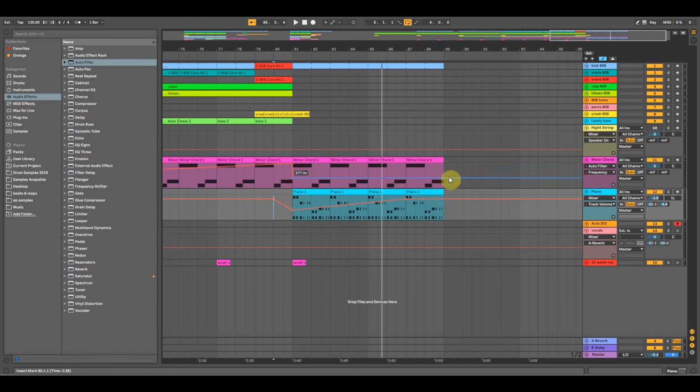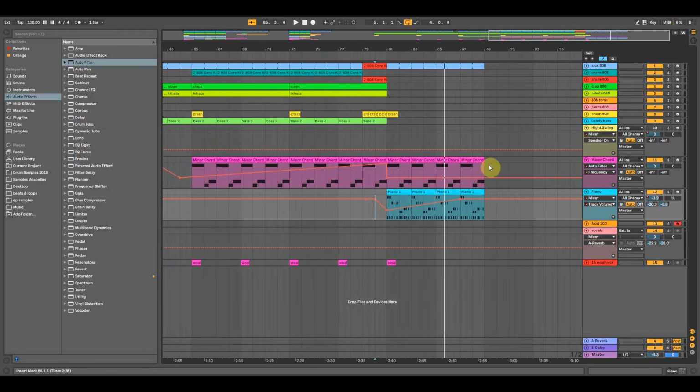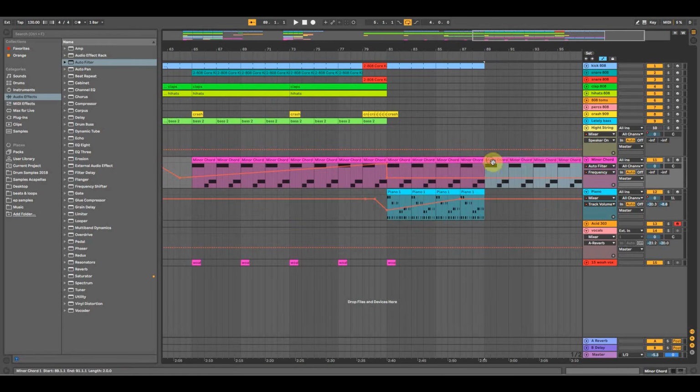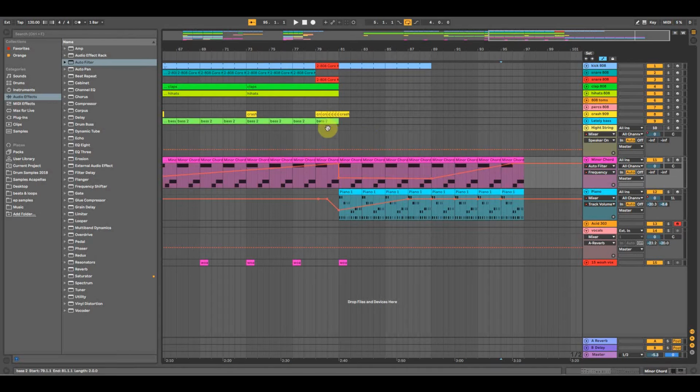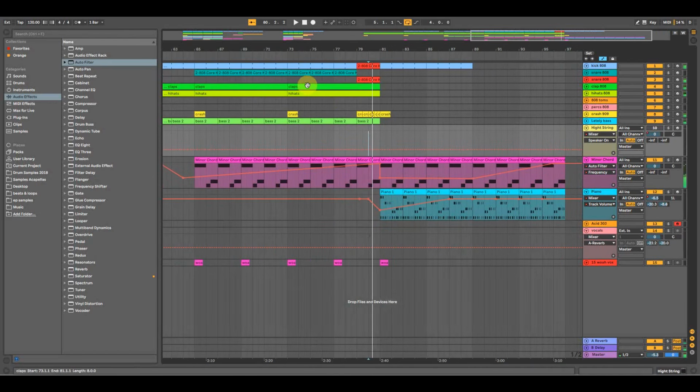Now this part, this is where we want to filter in these again. So we're going to copy these over like so, and we're going to copy the piano over like that. Now that's at 0 dB. But here, we're going to do a dot there and a dot there, like so, and we're going to start to bring this up, the filter, so we come back into the track like so. So let's go like this up. But then what we do